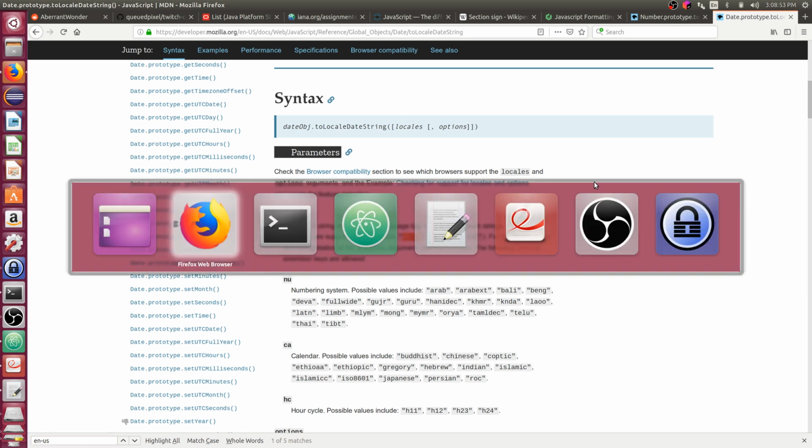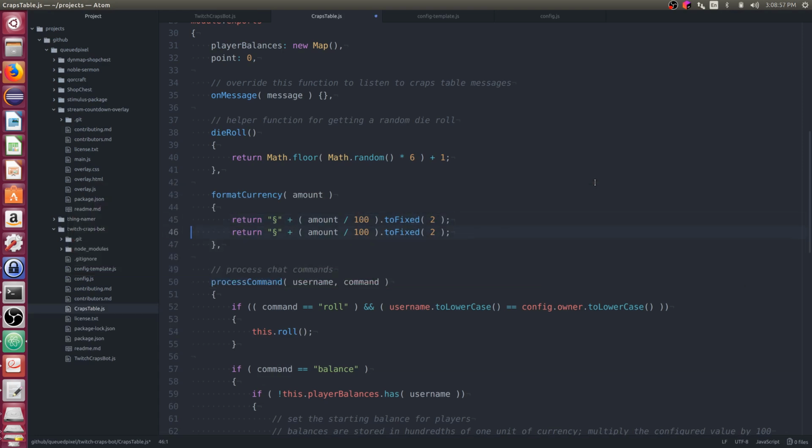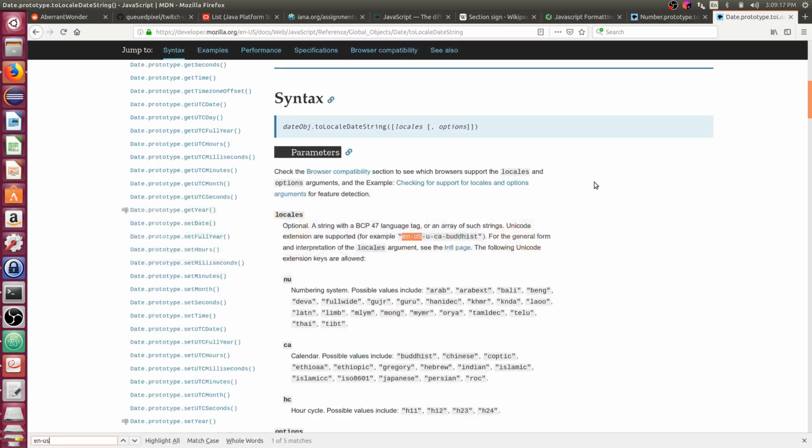So let's try that. Let's say toLocaleString. First is en-US. Next up is some properties, and I think there's 2 that I wanted to set.